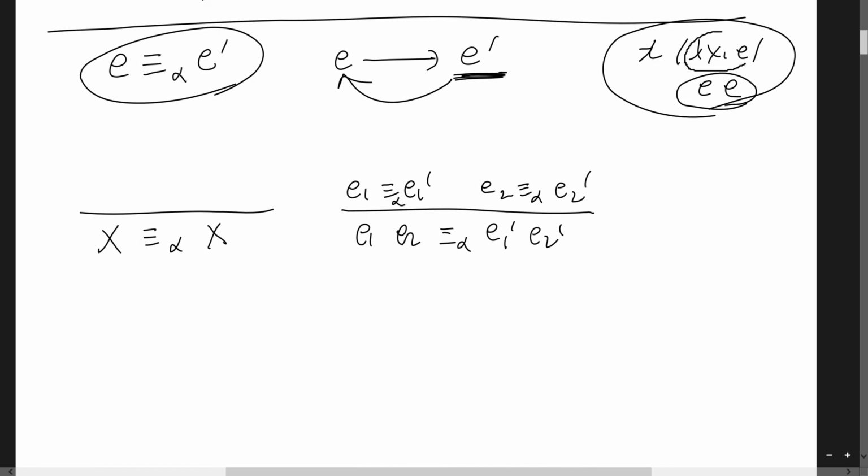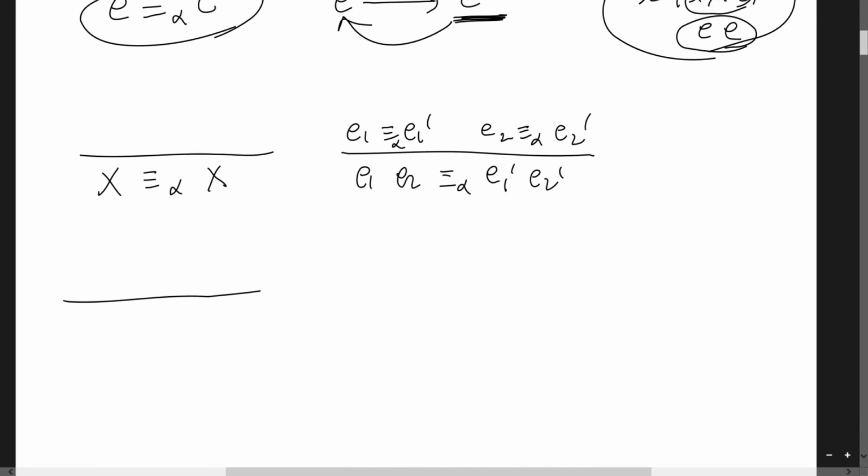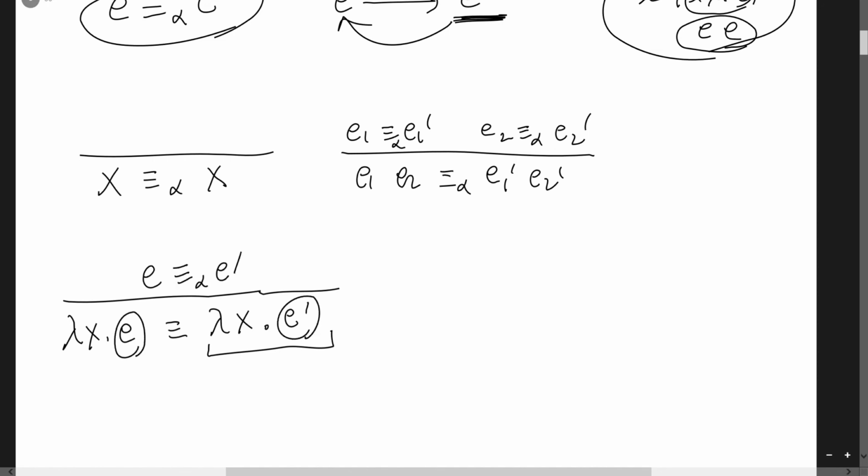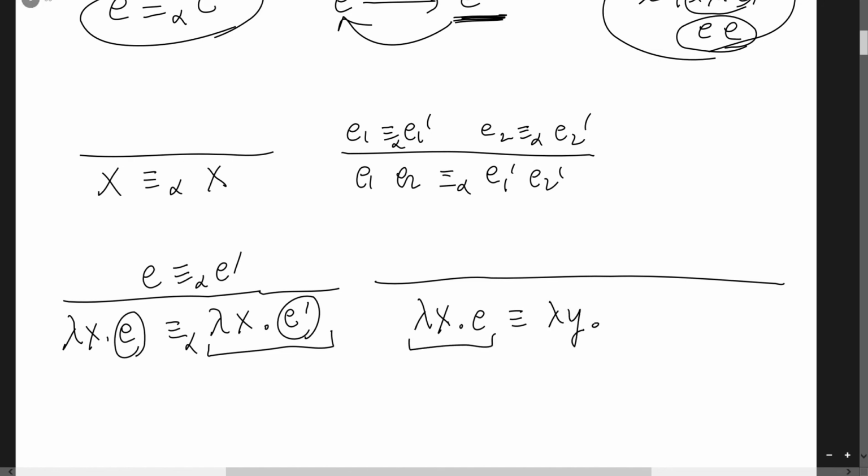The last case is this lambda abstraction. First, lambda abstraction, we have lambda abstraction. But what happens if the lambda abstraction here happens to have the same bound variable x? In this case, it suffices to show that these two expressions are alpha equivalent. And finally, lambda x dot E. And then we'd like to compare this lambda abstraction against the lambda y dot something. And in this case, we assume that x is